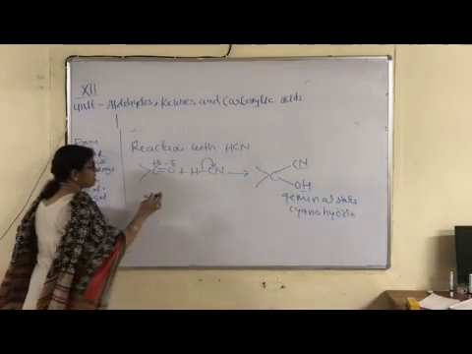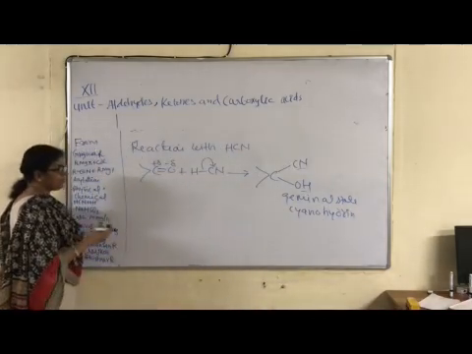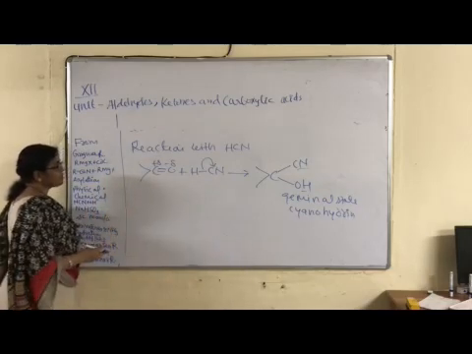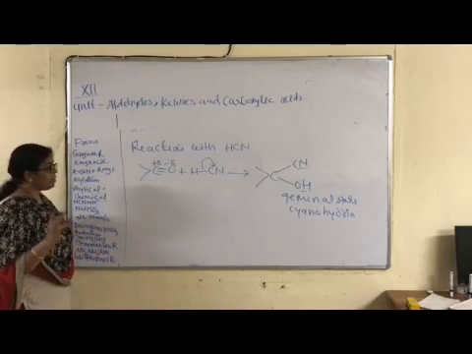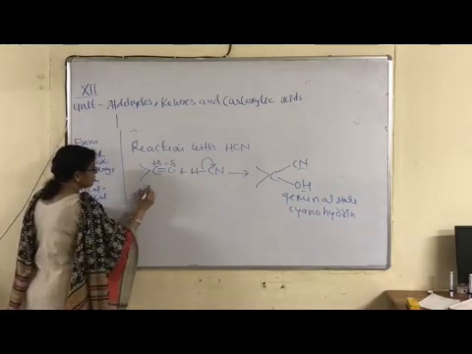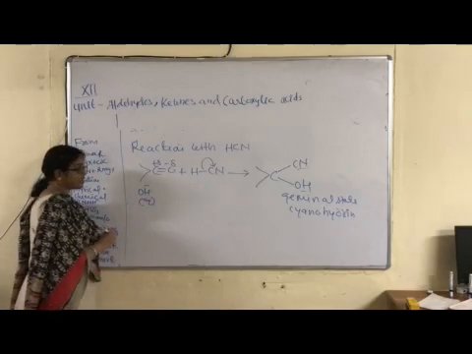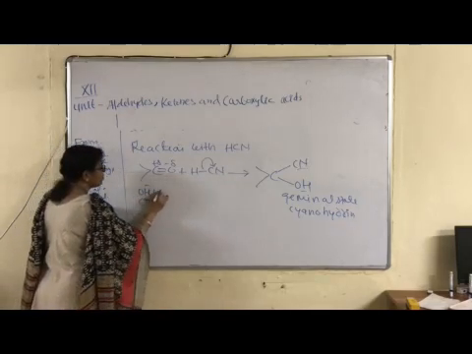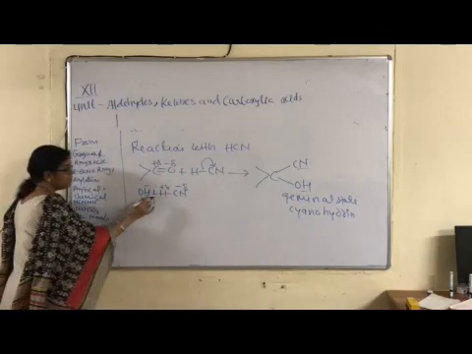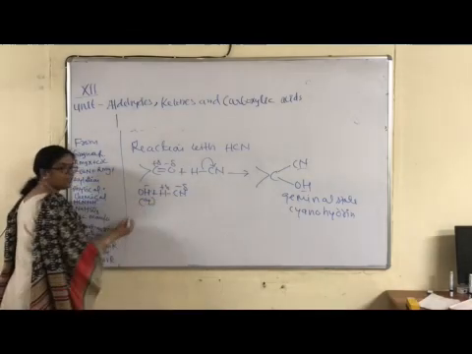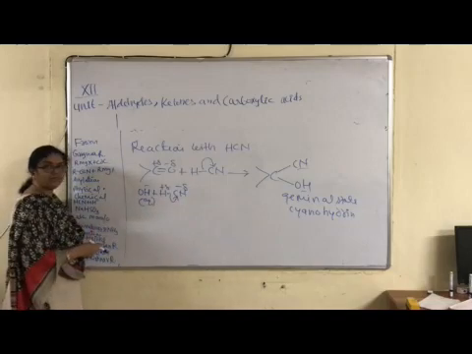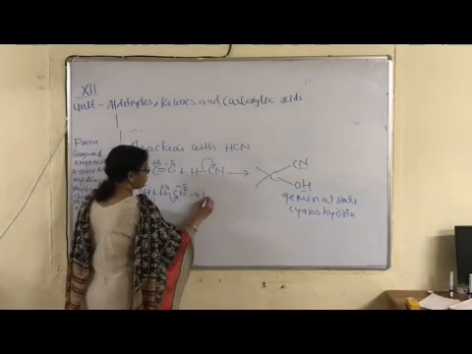Now an additional question related to this chemical property: why are a few drops of sodium hydroxide or strong alkali added in this reaction, between the carbonyl compound and HCN, to increase the rate of reaction? What is the additional part? If an alkaline solution like sodium hydroxide is added in a few drops only, the negative part of sodium hydroxide interacts with the positive part of HCN and increases its rate of dissociation.